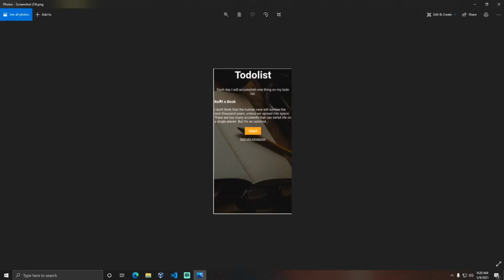This is a task like a to-do list: I need to read a book. Here this is a paragraph, a description. And here is a start button in order to start the task, and here there is a do not skip introduction. That means if an app is opened for the first time, you do not skip the introduction in order to use the app.